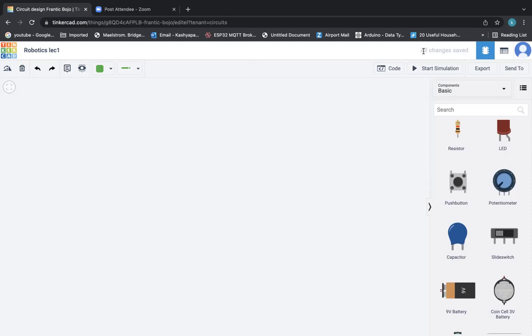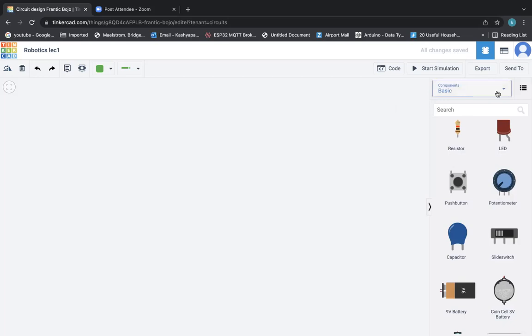When it's saving, it indicates here as saving. So please make sure that you don't close the tab when it says saving. When you can see all changes saved, then you can close the tab and exit. That is something you should keep in mind.